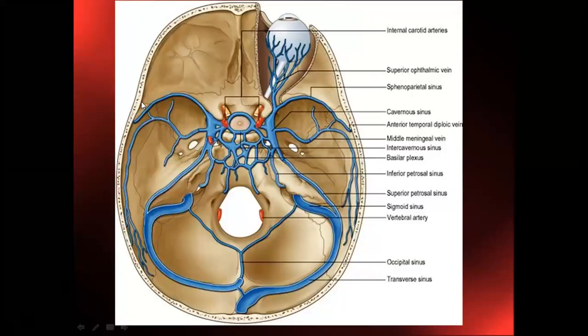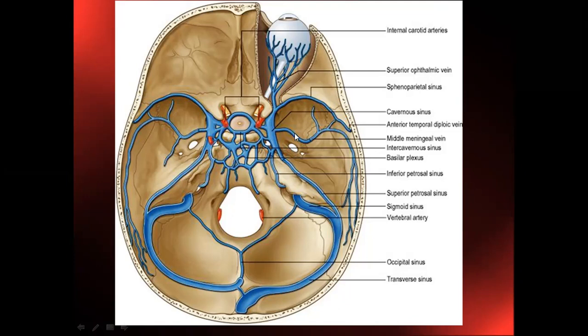So if you look at the dural venous sinuses, this is the cranial cavity, right? This is the anterior cranial fossa, middle cranial fossa, posterior cranial fossa. If you find the dural venous sinuses on the right and left side, you call them paired dural venous sinuses. And if you find only one in the midline, you call them unpaired dural venous sinuses. So from this picture, let us try to name. You are finding the superior petrosal sinus. This is found on the right and left side, hence it is paired.